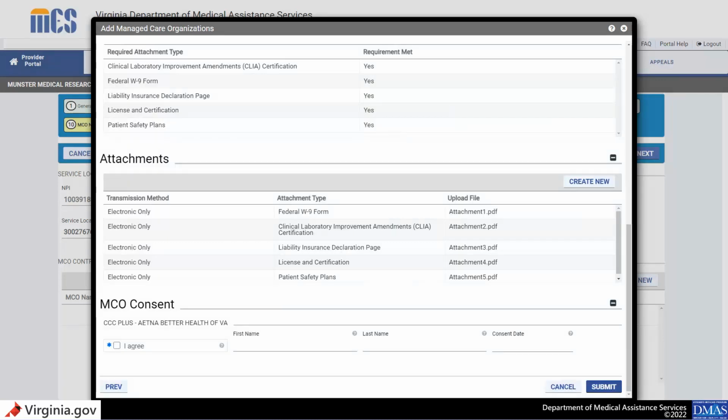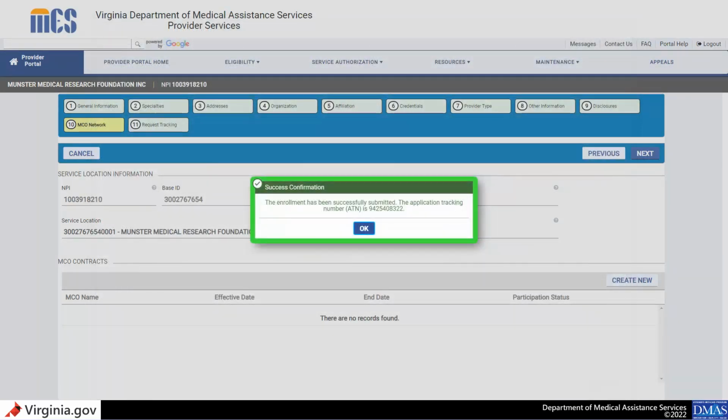In the MCO consent section of the window, agree to the terms and conditions for each MCO that was selected in the previous window by selecting the I agree checkbox. The first name, last name, and consent date fields auto-populate. Click Submit. A confirmation message displays with a tracking number. Click OK. Your request is sent to the MCO, or MCOs, for review, and they will reach out to you